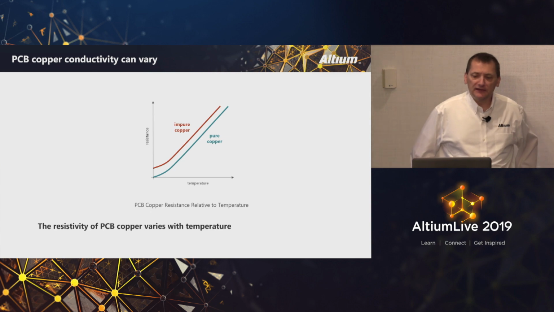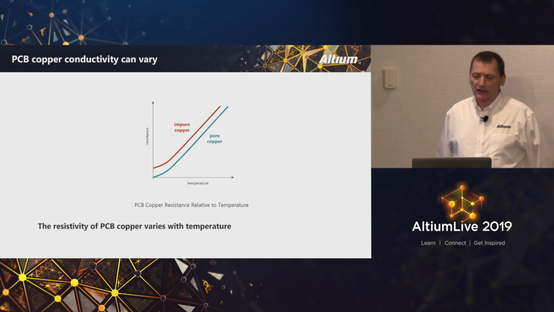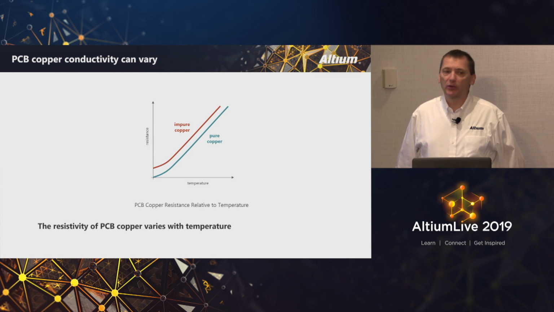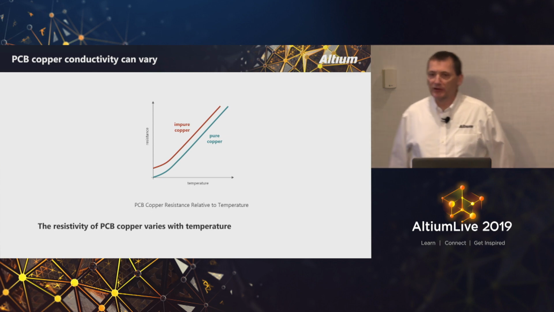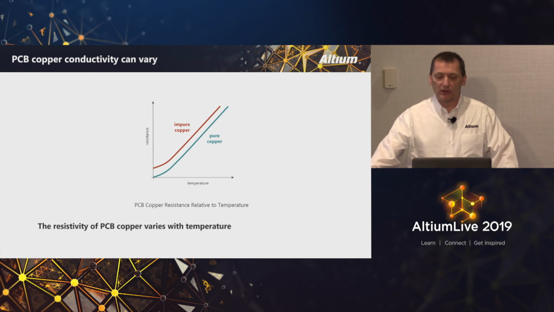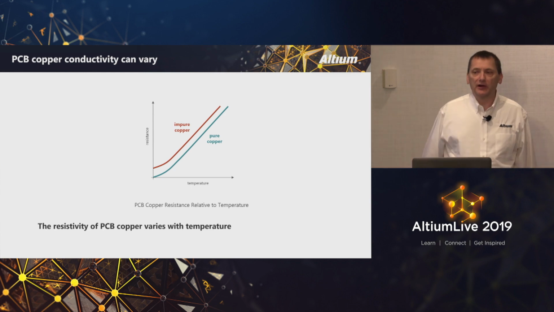Another thing is the actual resistivity of copper. It's an excellent conductor, but depending on your application, the resistivity can change based on temperature. If you're working at room temperature with an average consumer product, that's fine. But something in a harsh environment, say an industrial setting, or a lot of times mining, underground boring equipment, will incur very high temperatures. And the property of the copper is such that it will become more resistive as temperature increases. Here we see a little graph. We have pure copper on the right. And another thing to keep in mind is that the copper that you end up with on a PCB is